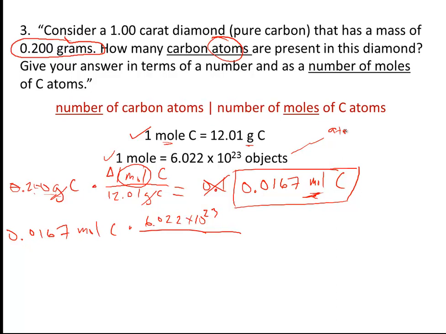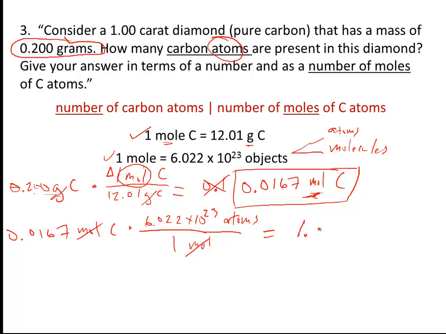This could apply to atoms, which is what we're doing in our case, but it could also apply to molecules. So I'm going to put atoms here, and I know that this is equivalent to 1 mole, so I'm going to put 1 mole over here, and now my moles cancel, and when I take 0.0167 and multiply it by 6.022 times 10 to the 23rd, I get